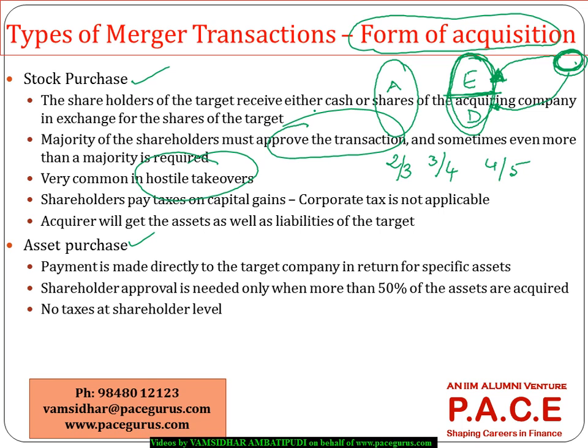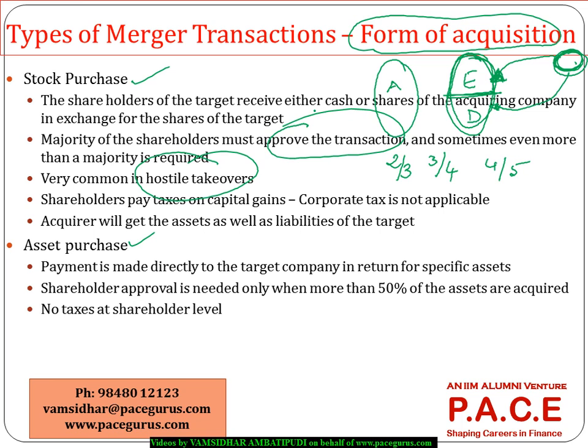But here the problem is, because shareholders are getting the gains and not the company, corporate tax is not applicable here, but the shareholders have to bear any capital gain that they get in the form of income tax. So the shareholders are bearing most of the tax related burden in this transaction,